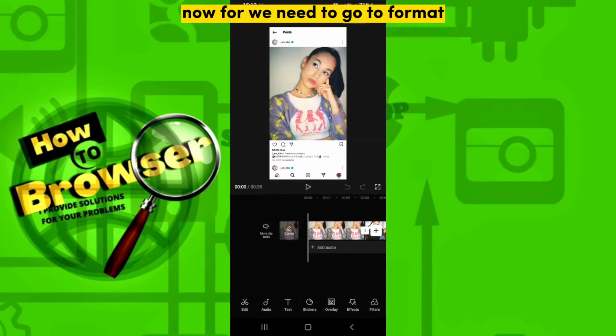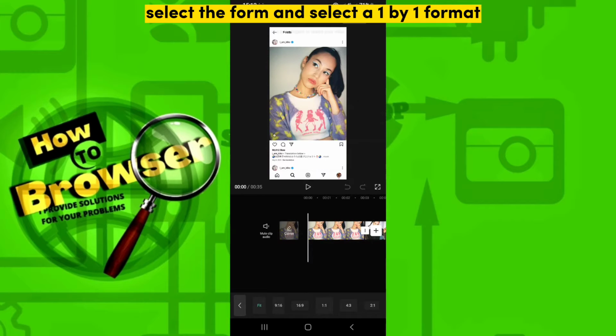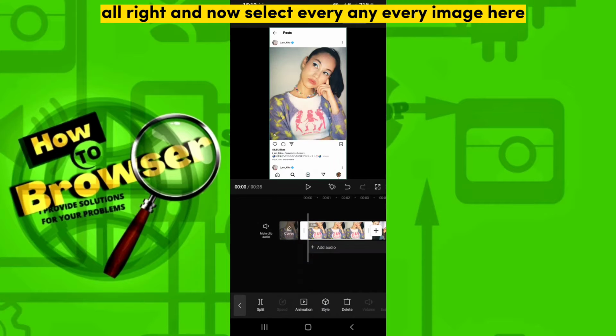Now you need to go to format. Don't select any images yet and go to format. Select the format and select the 1:1 format. Alright, and now select every image here